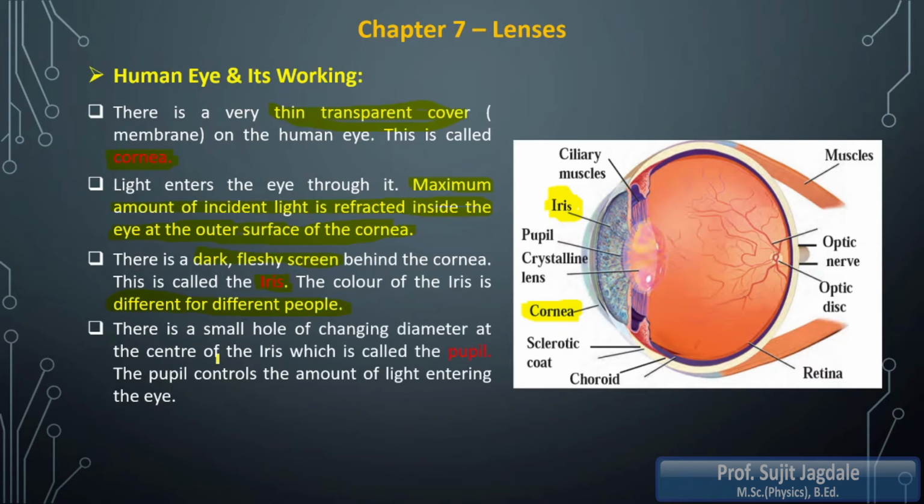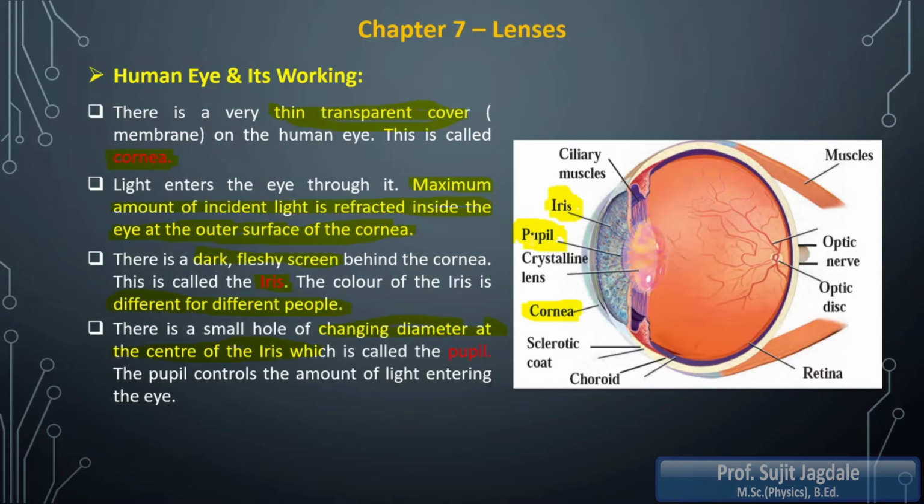Now in the iris there is a very small hole of changing diameter at the center of the iris. This small hole is present exactly at the center of the iris, and it has the ability to change its diameter.